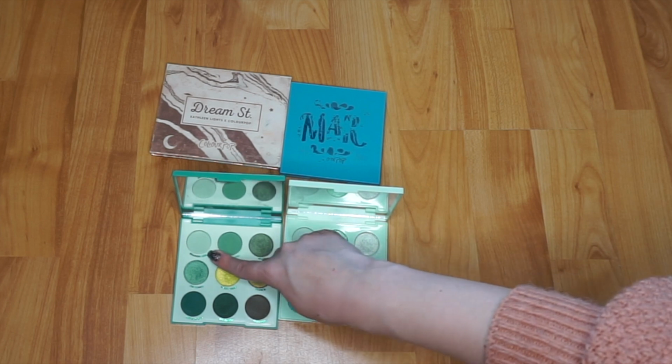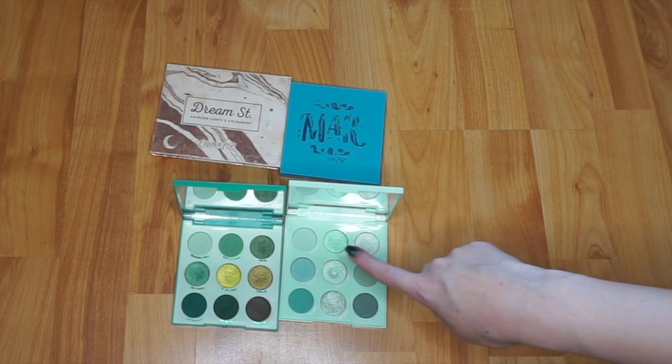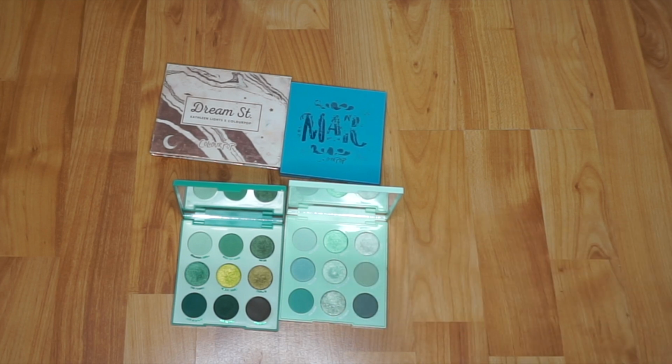They're also very similar to this shade right here. So of those three, I will only keep one of them. And some of these shimmers aren't the best. I also have indie singles that are way better, that are mint shades, and I don't reach for mint shades too often, so when I do, I think I'm going to want to reach for my indie shades more than the shimmers in here. So what I have decided to do is I'm going to depot shades from here